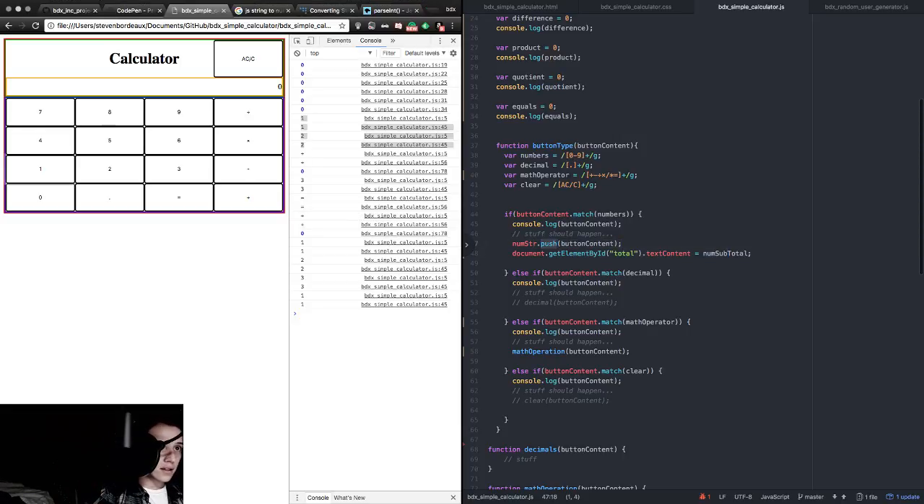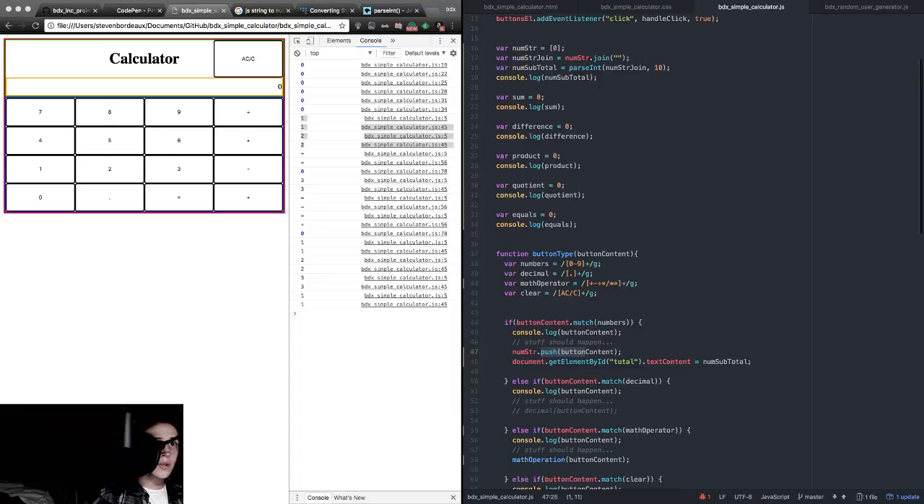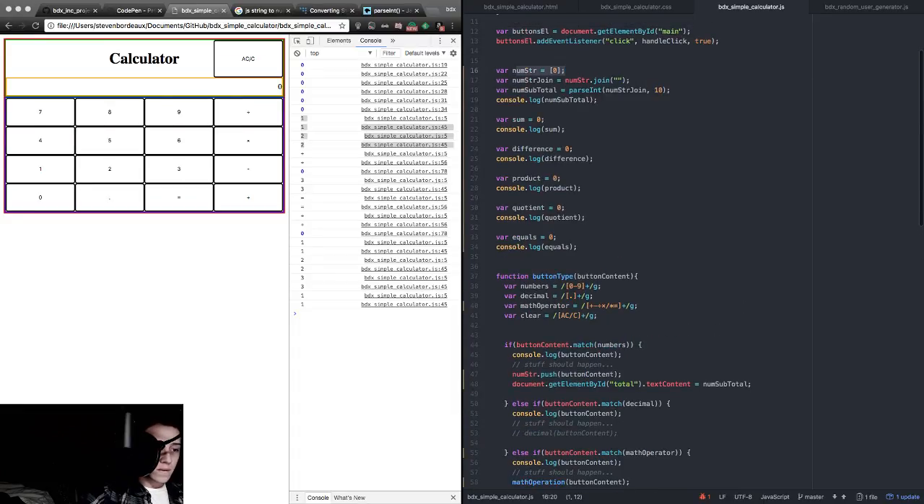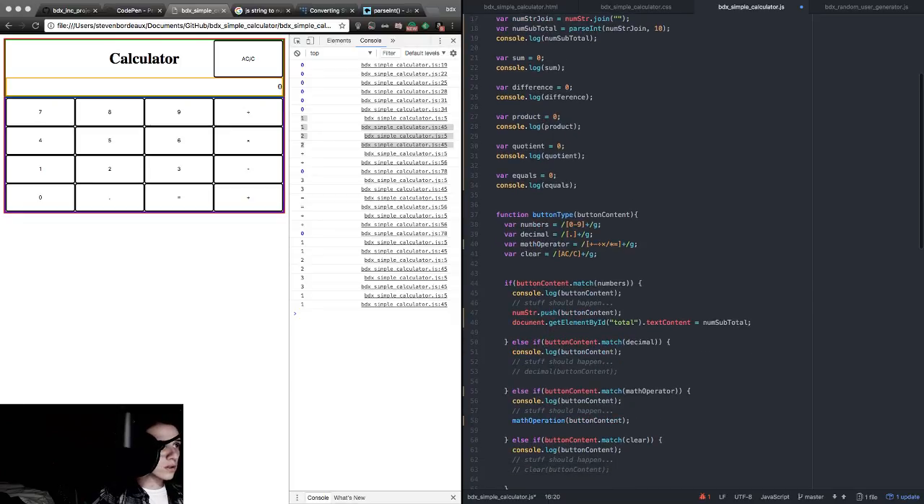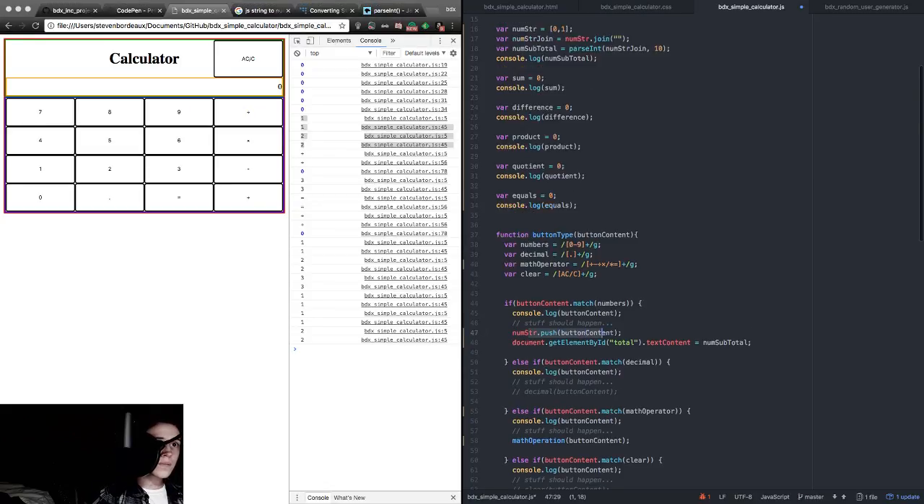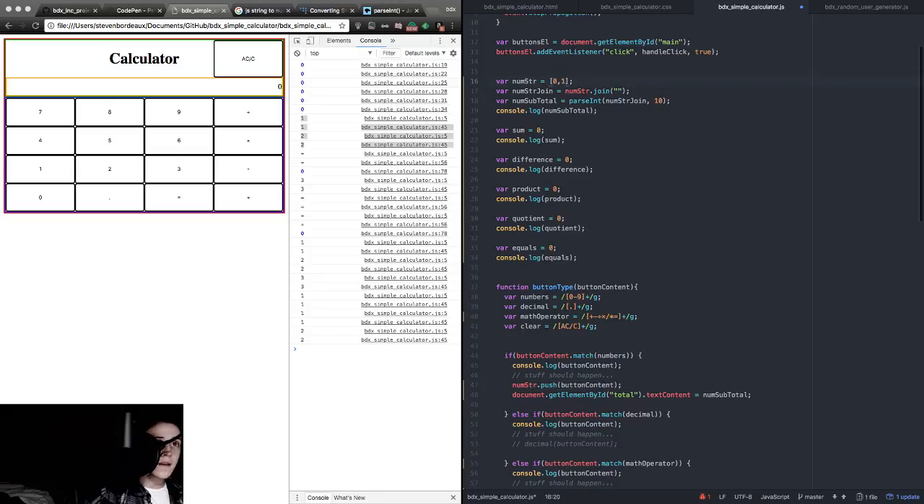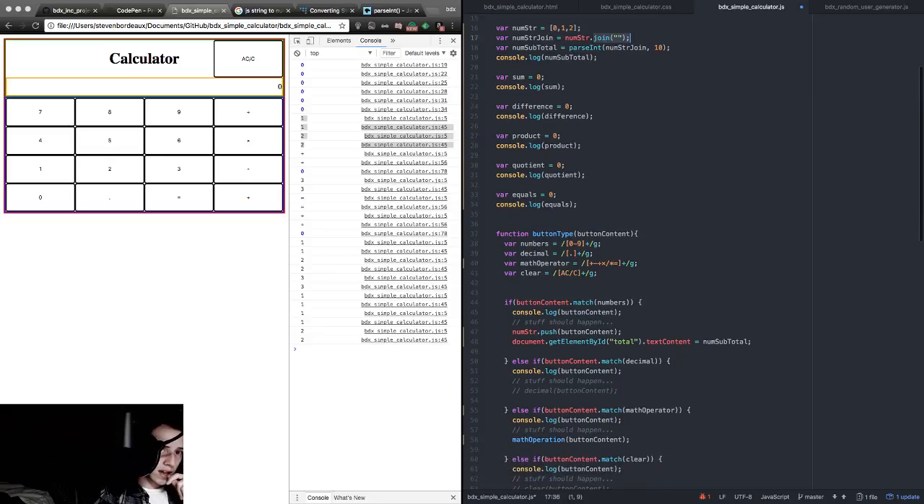1 gets pushed, then 2 gets pushed into the number string. Then we push 1 and 2, and then 2 gets pushed. Then we're joining them, which is what was happening